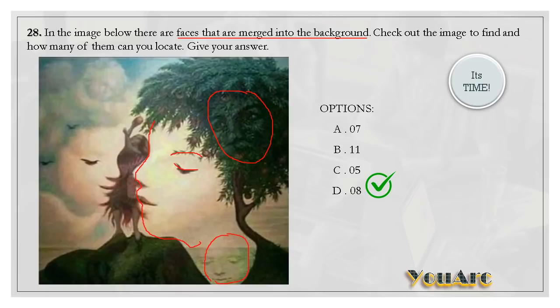Yeah, so this is three. And another face, can you see here? This side face again. So this is 4 and this particular girl is 5.